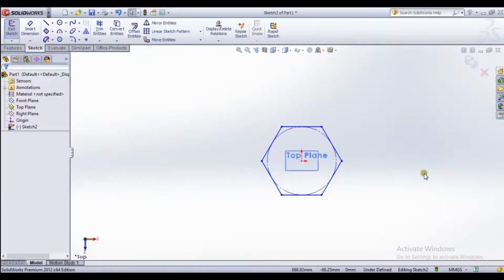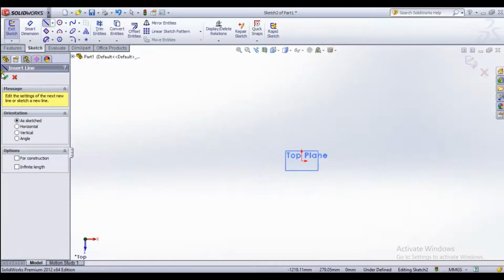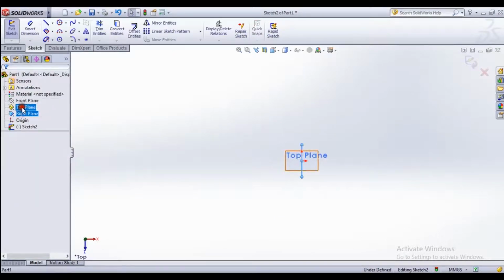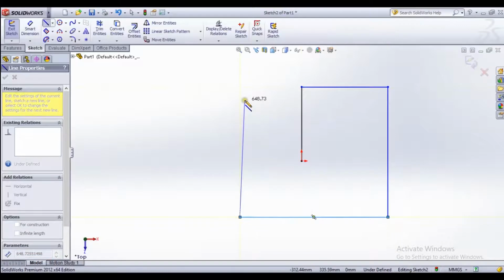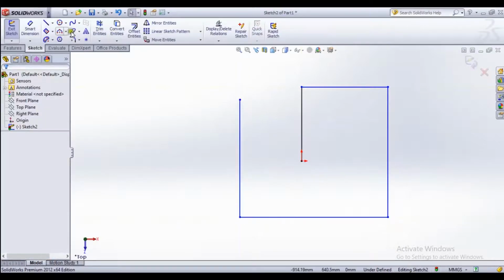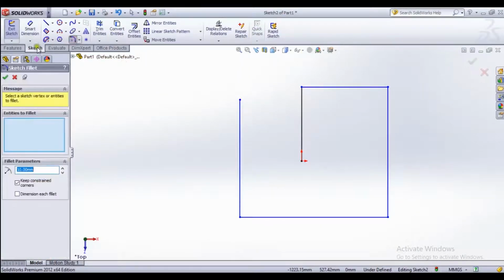Okay, and this is our fillets. Fillets, if you don't know, in this step, fillets are used to... I am going to hide the top plane. It's a bother to visualize. Okay, here fillets are used to smooth the corners of a rectangle or something different. Here we can see the radius, and we can select the radius as we need.